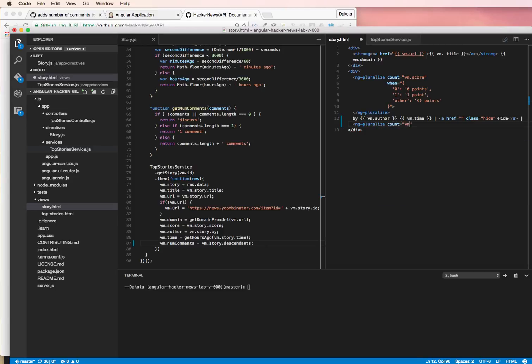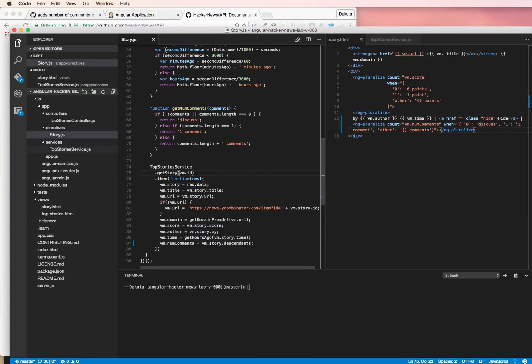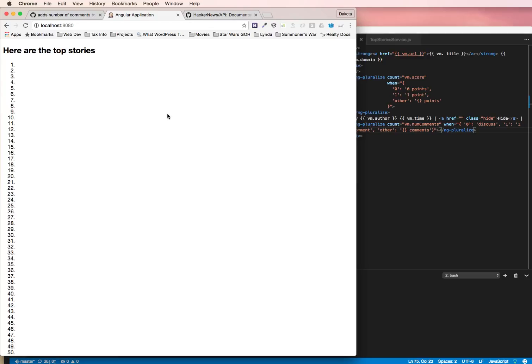and then we can replace this here with ng-pluralize count, and then that's going to be vm.numComments, and then we're going to do when 0, we're going to put discuss as the link text, and then when 1, we're going to put one comment, and then when it's anything else, we'll do other, and then the curly braces to put in whatever number it is, and then comments there. And then we can close this ng-pluralize tag,